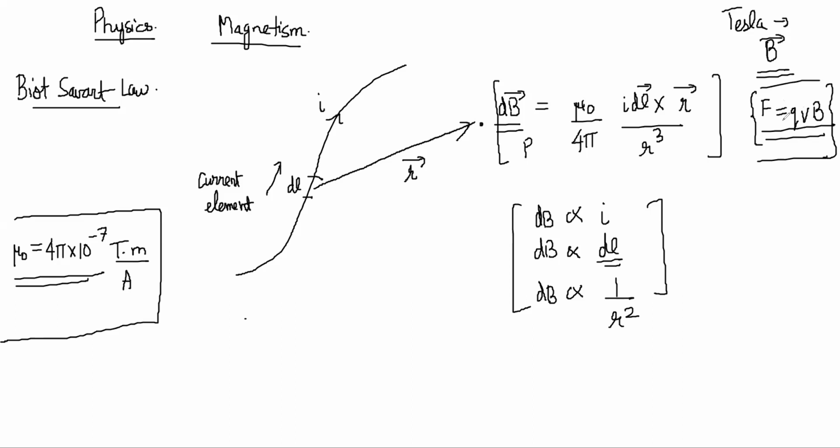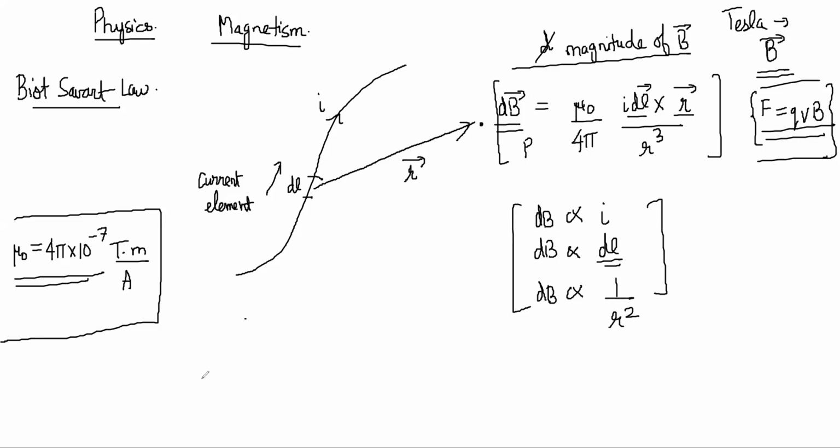So I'm just quickly revising what we did last class. This Biot-Savart law gives you the magnitude of the magnetic field B. The direction also it gives. If you have the vector form of IDL and R, you can take the cross product, and the eventual cross product output will be the direction of the magnetic field. But there's also a slightly easier way to figure out direction. That is the right hand thumb rule.